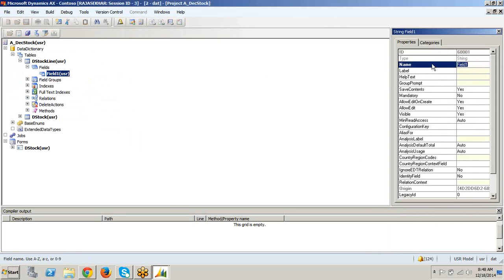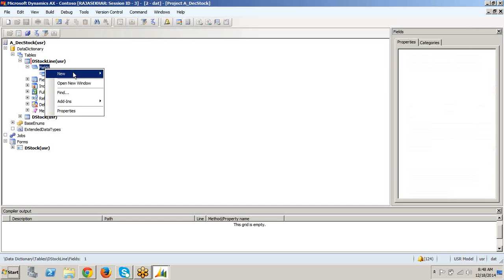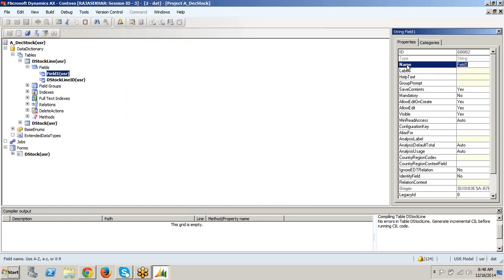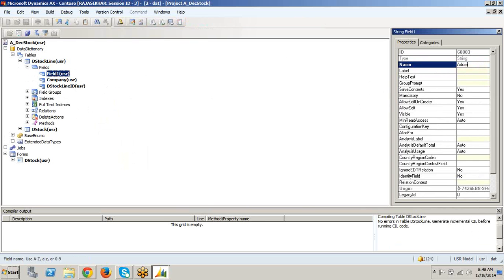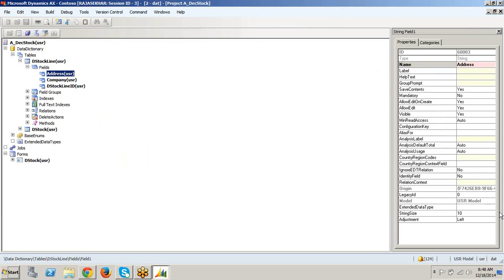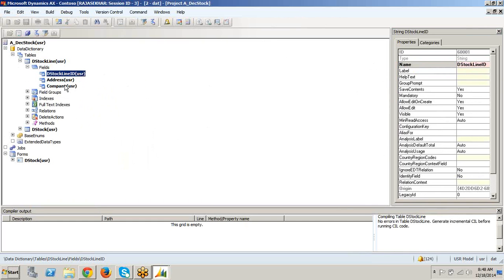I am taking this stock line ID, company, address. We have three fields: the stock line ID, company and address.